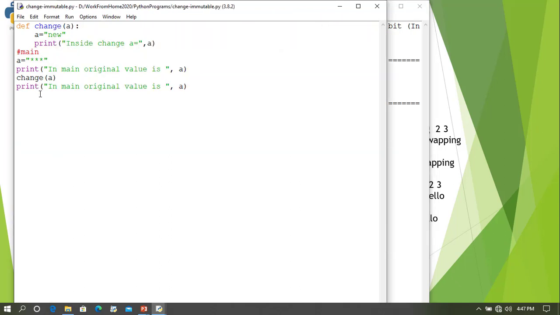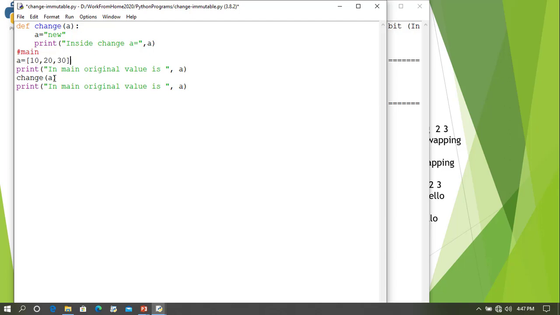Let us now go for a list, which is mutable. So instead of a string, let us now take a list and assign some values, say 10, 20 and 30.